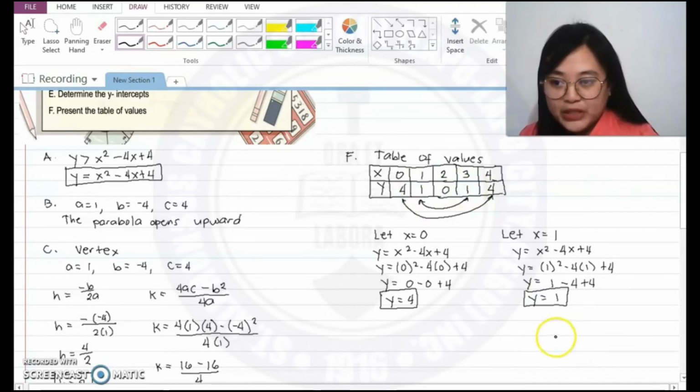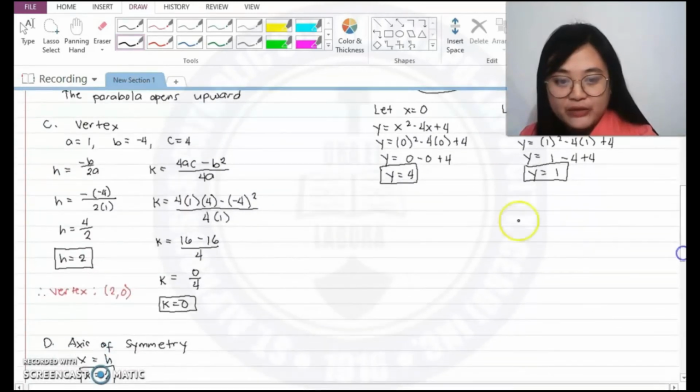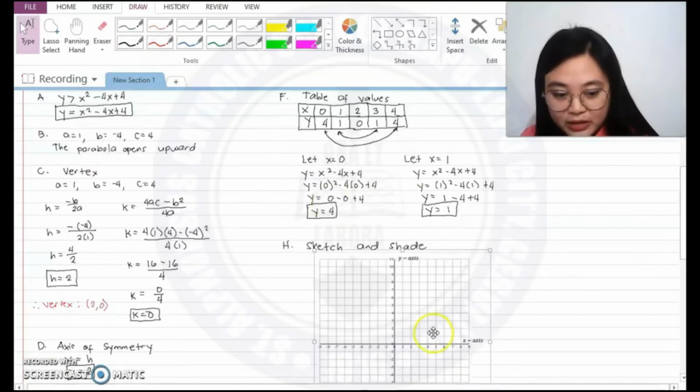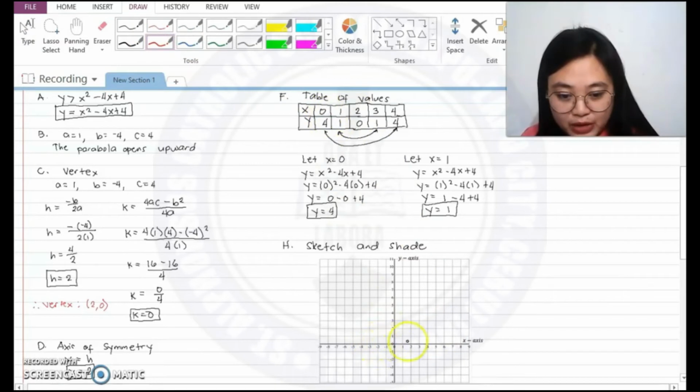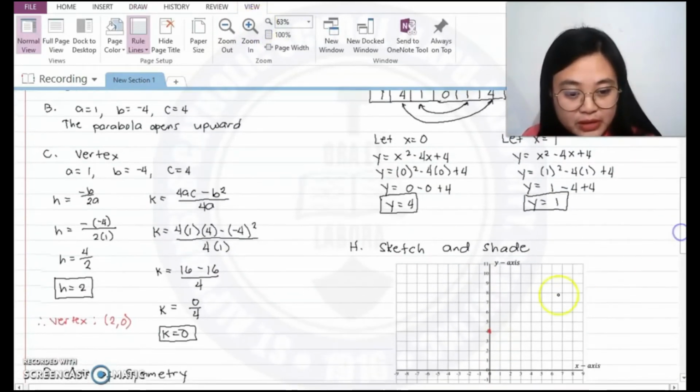And now we're going to proceed to letter H, which is sketch and graph. So this is what is new in this lesson. We need to sketch and shade the graph. Now let's start plotting points. So here we have from our table of values (0, 4). (0, 4) is in this one, and I want you to label it. We need to make it bigger. (0, 4),